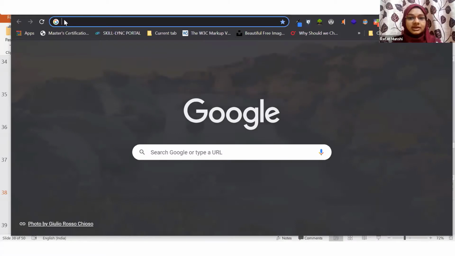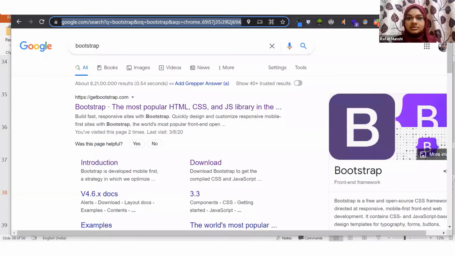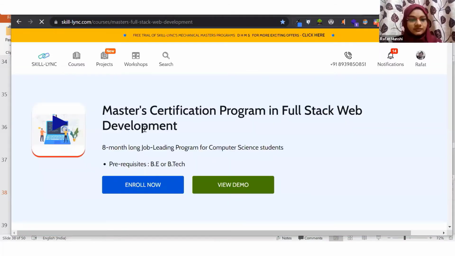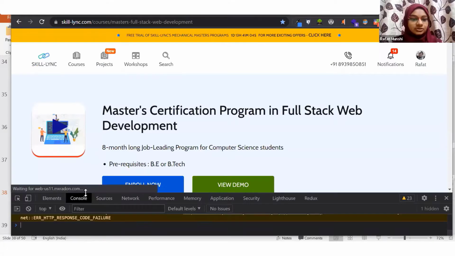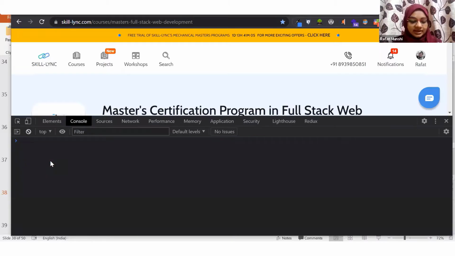I'll just open the Master Certification Program course page, but it doesn't matter which page you have opened. The point is, when you press F12 on your machine, function key F12, you will see the elements tab which we saw yesterday. Now we will continue working on the console tab.